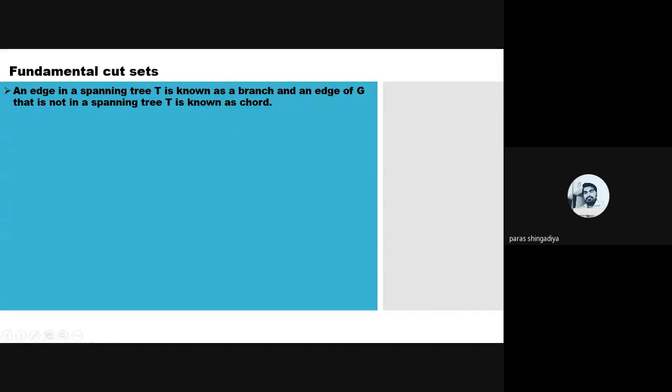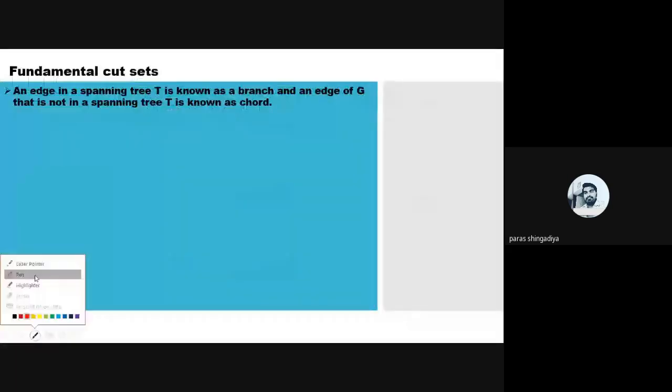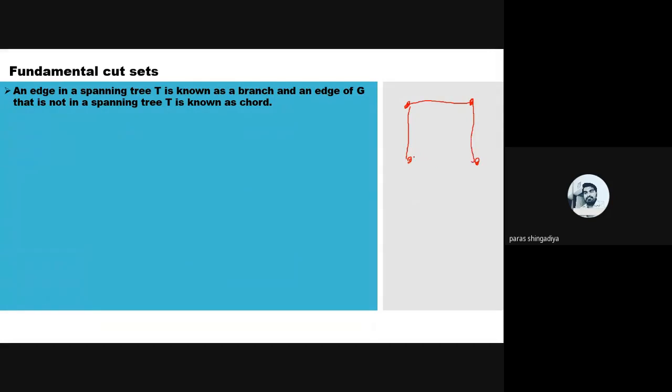So what is the meaning of spanning tree? Okay, let us consider one simple graph for that. Here consider 4 vertices in this graph. Let us draw it. You can consider any simple arbitrary graph for that, and we have to create its spanning tree. So how can we create its spanning tree? What are the rules for that?